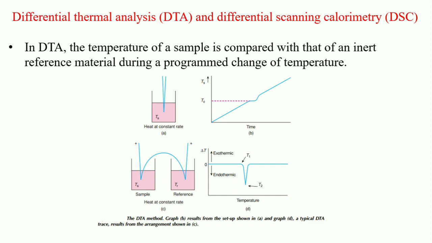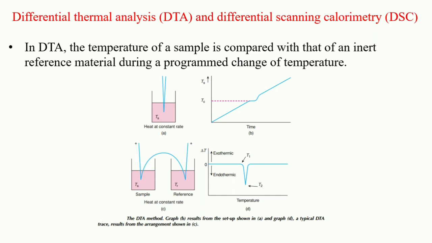A third thermocouple, which is not shown here, is used to monitor the temperature of the heating block, and the results are presented as delta T versus temperature, D. A horizontal baseline corresponds to delta T equal to 0, and superimposed on this is a sharp peak due to a thermal event in the sample.